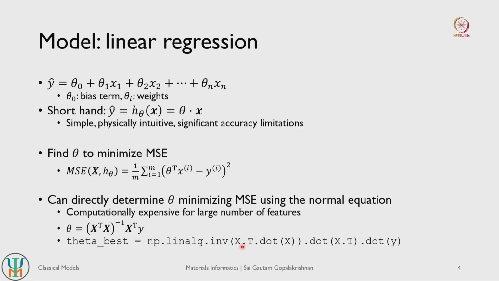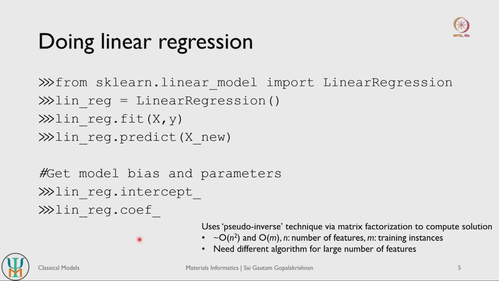So you are taking the inverse of x transpose, so dot T basically gives you the transpose of your original vector, so that is X dot T dot X, right. So that is this operation here, and then you have taken the inverse, and then you do dot of X dot T, so that is multiplying X transpose here, and then you multiply your target vector here, right. So this is a very simple way of identifying what is the best set of theta values, okay.